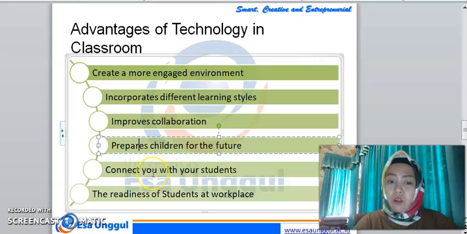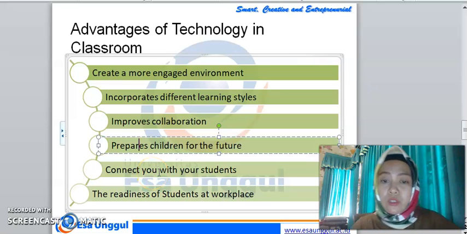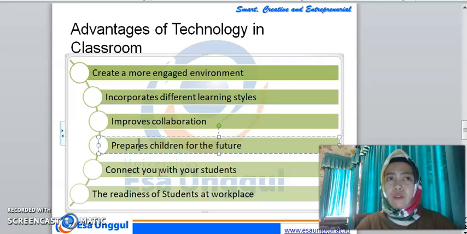Okay, it also can connect you as a teacher with your students. It's not really difficult to connect even for 24 hours with your students, or even with the student's parents. If they're familiar with technology, you can communicate not exactly directly with the parents, but you can communicate with them